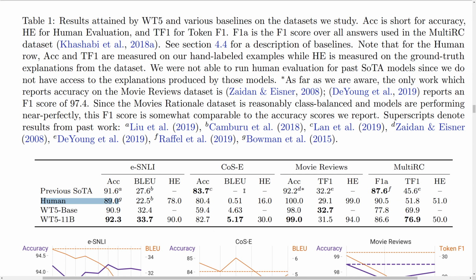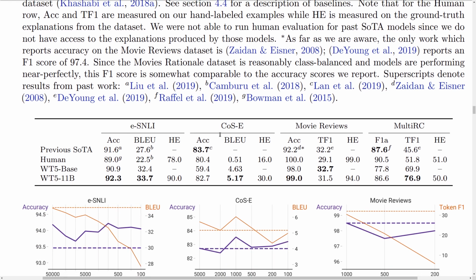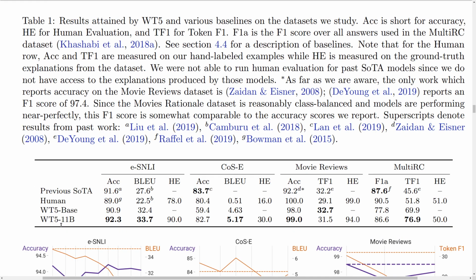across those different benchmarks. You have the movie reviews, the MultiRC. This is, I think, the reading comprehension one, CoS-E, and so on and so forth. In terms of human evaluation, quite often, as well as BLEU scores here. So it seems that this T5 pre-trained model fine-tuned on this dataset works much better for this task of generating